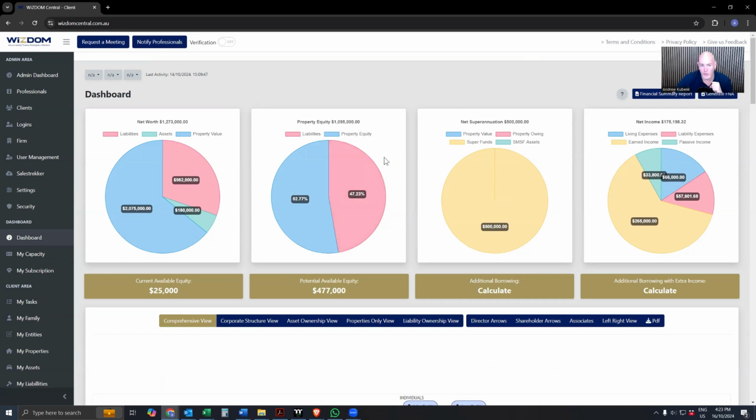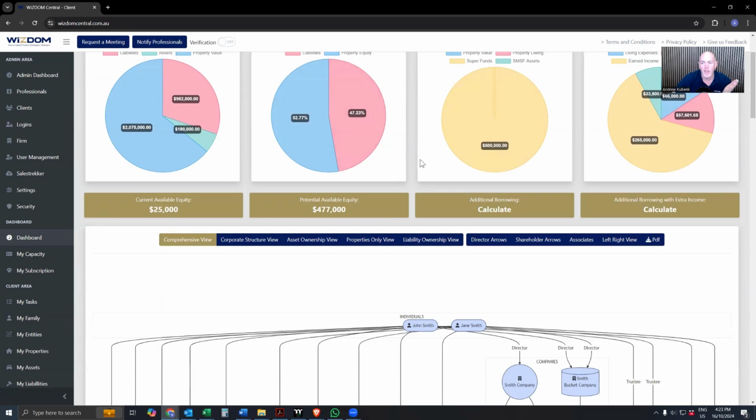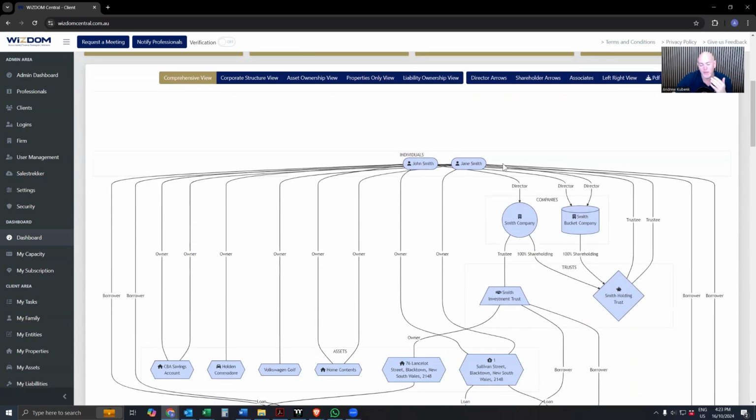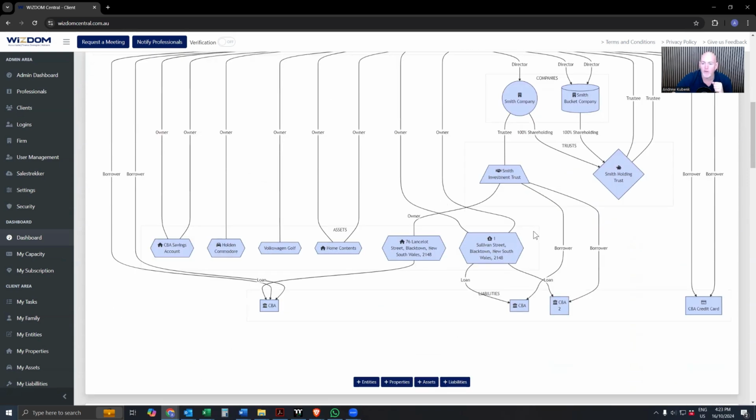So here I'm logged into WiZDOM Central and I'm on the dashboard of a pretty typical client scenario that we often see. So here we have John and Jane Smith. They live in Sydney, they're married, they have a couple of children. They've got an owner-occupied residential property, and of course, they've got an investment property as well that is owned in